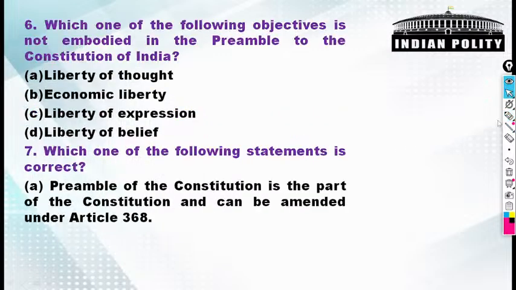Next, 6. Which one of the following objectives is not embodied in the preamble to the Constitution of India? Which of the following is not embodied? The liberty that is provided, justice, liberty of thought. What type of liberty is provided in the Constitution? Liberty of thought, expression,